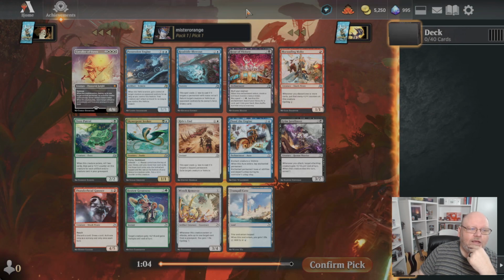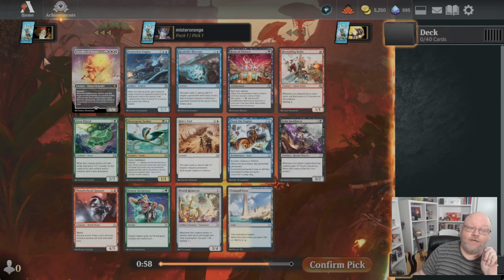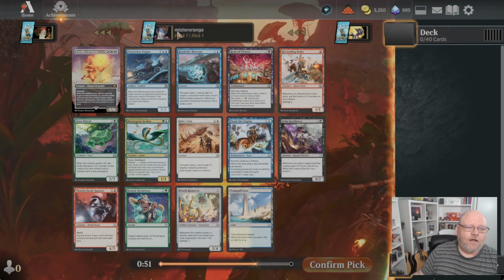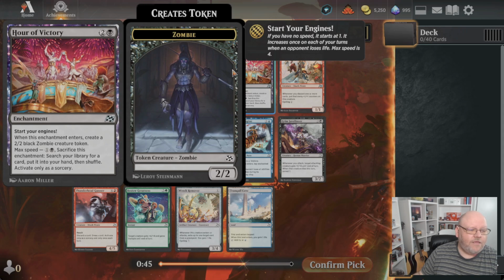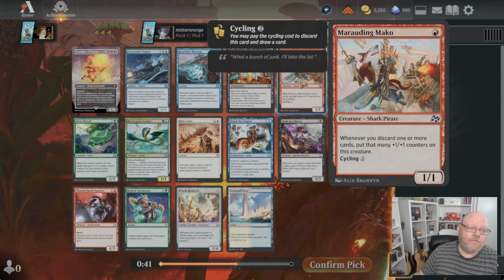Well, we have a mythic special guest right off the top. And Lord, that artwork is choice. It is choice. Possession Engine, however, is a magic card. And while it's great that we have a bounce spell, which is cool, and this thing makes the things with max speed, which is great, it's a Demonic Tutor,